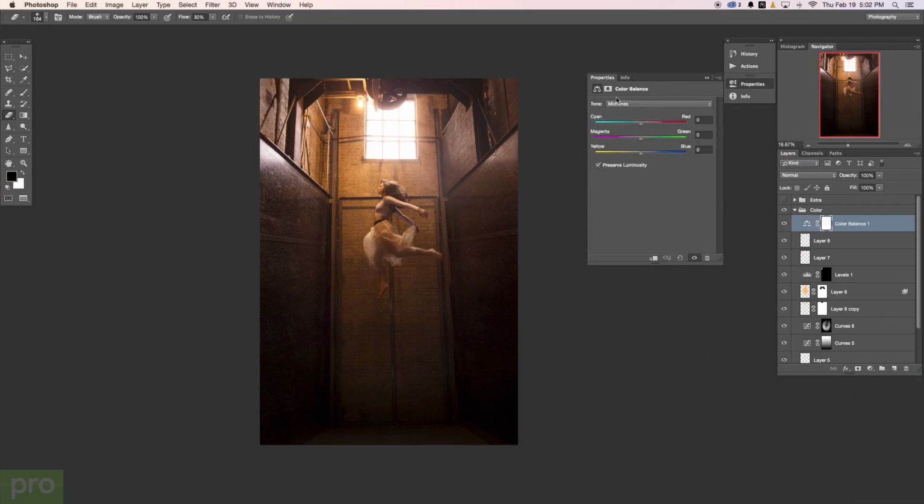Okay, now here in our color balance, we have our highlights, midtones, and our shadows. You can adjust color on each of the three. My suggestion is to stick with the midtones and highlights for the most part. Shadows tend to make things too dark and too saturated, and I'm not a fan of messing with shadows so much. But if you start off with midtones and then work into highlights, you can get some really, really nice